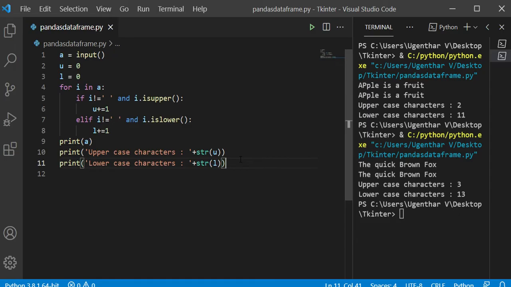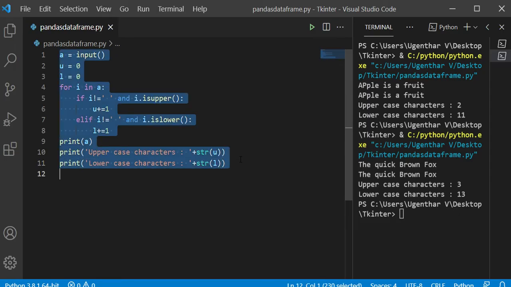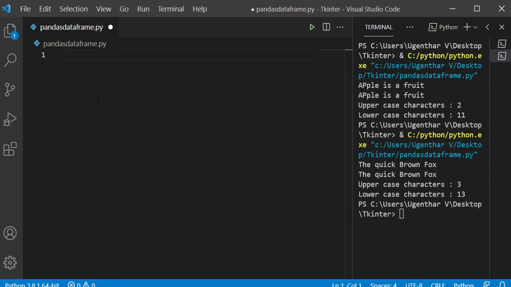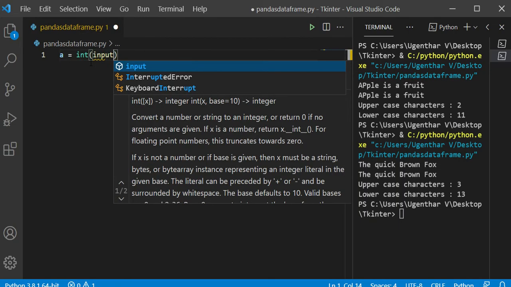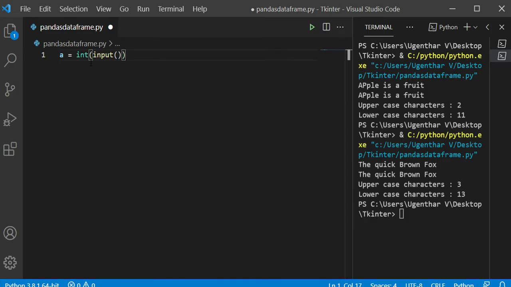Now let me erase this code and write our new code. First we want to get the integer, which indicates the length of the array, the number of inputs getting from the user. Then I am creating an empty array for collecting the inputs from the user.